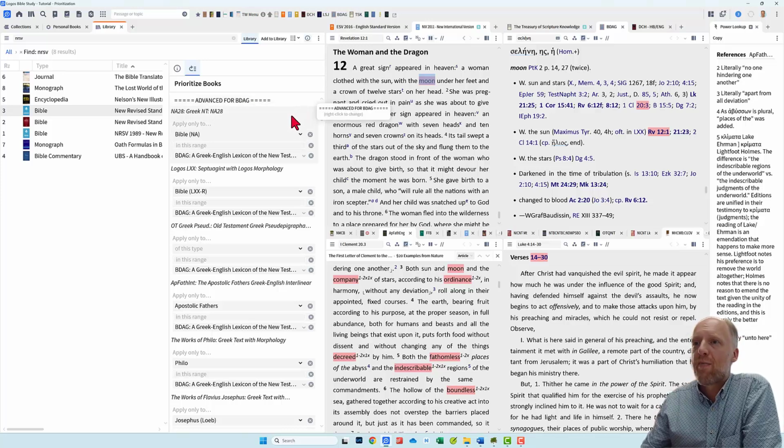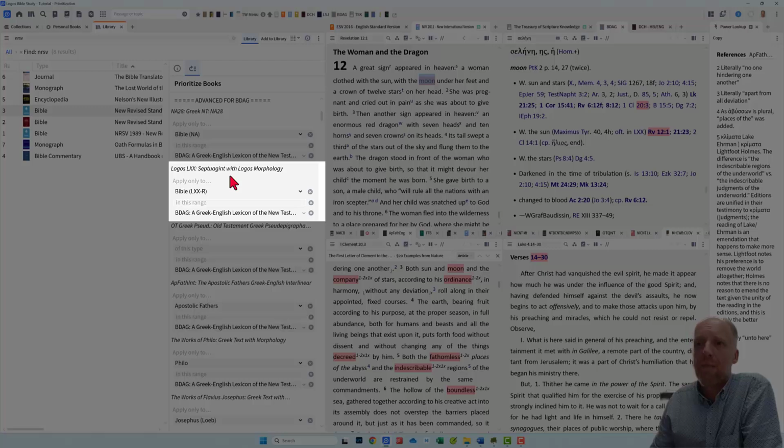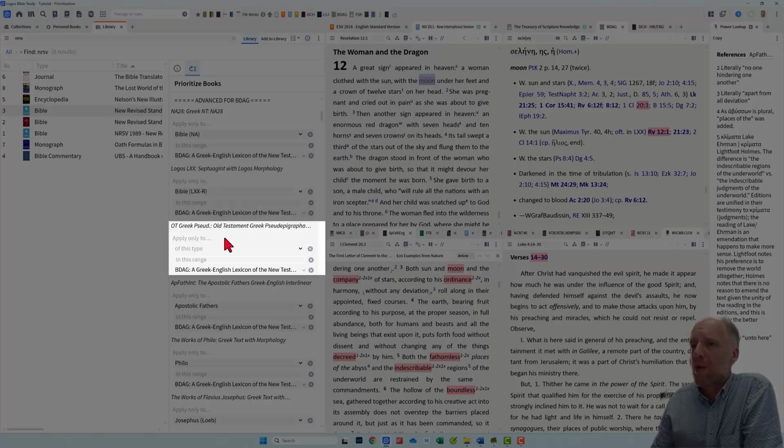As you see, I have prioritized 6 resources for BDAG, and you can prioritize more, but these are the ones that are most relevant to me when I'm using BDAG. The resources I have prioritized for using in BDAG are Nestle Aland 28 as my Greek Bible for any New Testament reference in BDAG, the Septuagint as my Greek Bible for any Old Testament reference in BDAG,